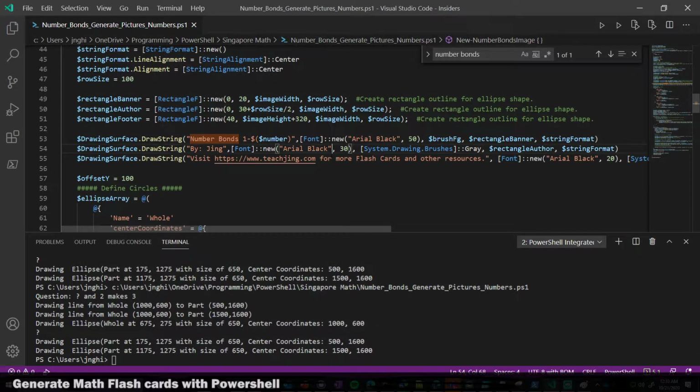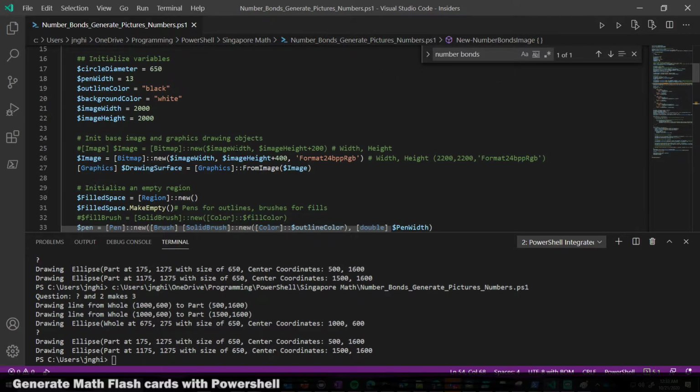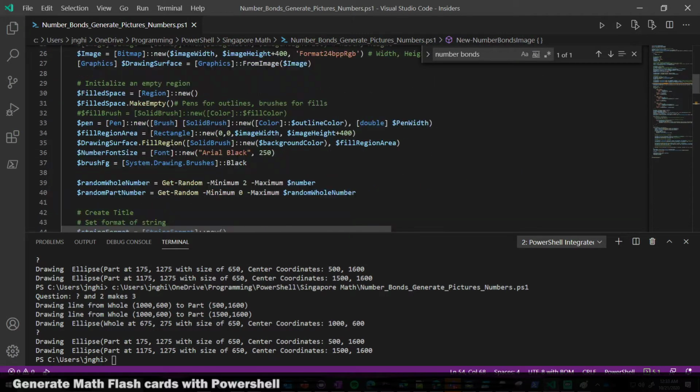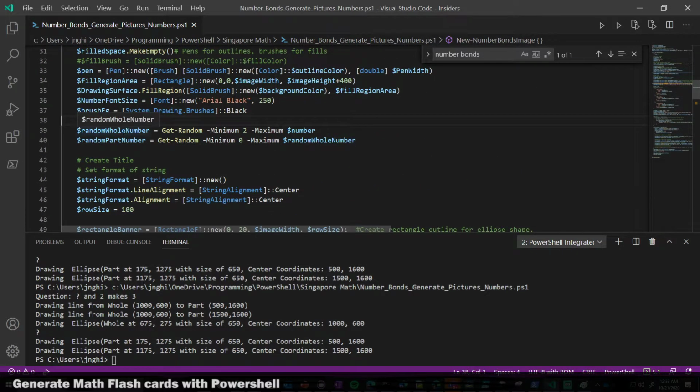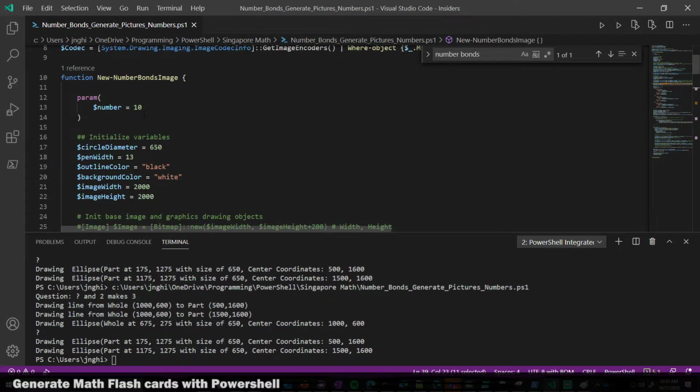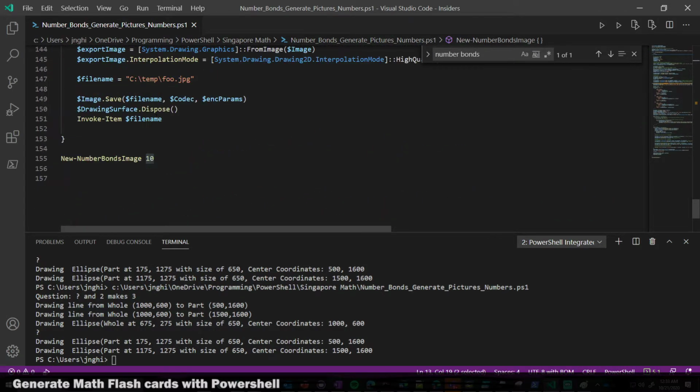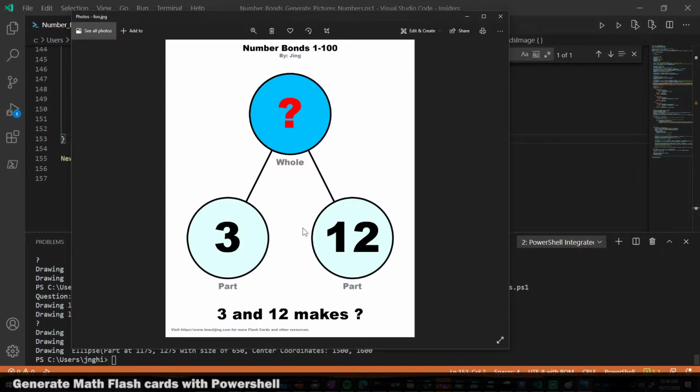So now I've got that updating dynamically. So where are we? We drew the surface, and now we're doing a random whole number, meaning I want to generate a random number based off the number that was provided. The default is 10. If I provide something else at the bottom when I'm calling that function, if I do 100, if she's getting really good and I start going up to that number, then I'm going to generate those types of numbers. So 3 to,